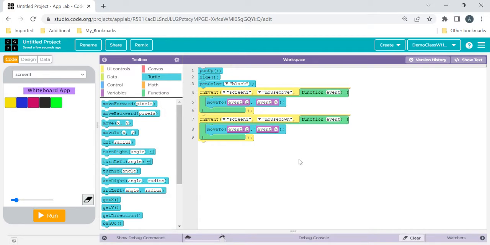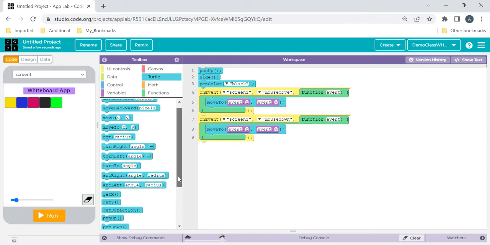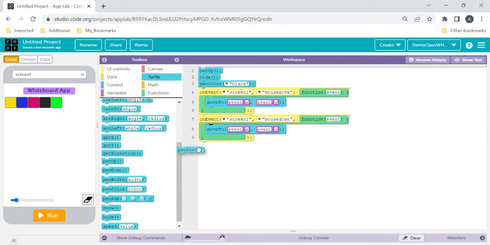Yes, it will move whenever you click and move. But here you have to add one more functionality by putting the pen down. You need to put the pen down. Understand the basic difference between pen up and